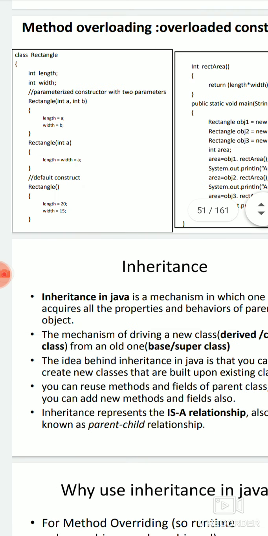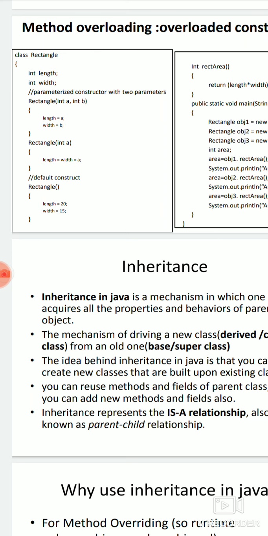So what I want to say is that method overloading means you can use any number of functions with the same function name having different parameters. Here we have used the function name Rectangle 3 times. The first Rectangle has two parameters, the second has only one parameter, and the third has no parameters. So this is known as method overloading, and it is a feature of Java that it will match up with whichever of these functions is being called.